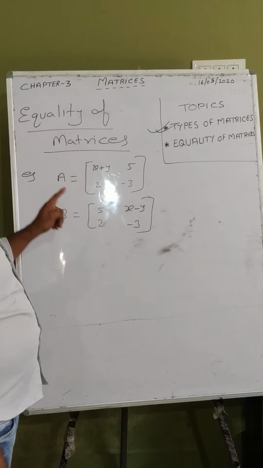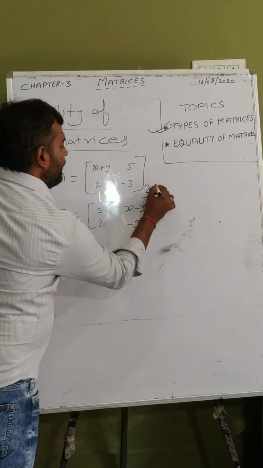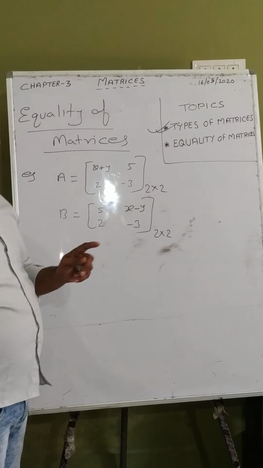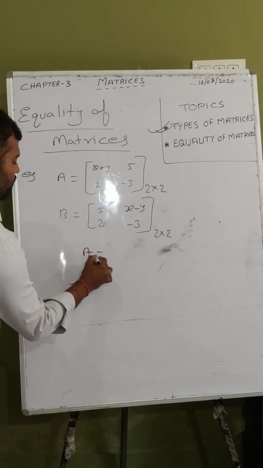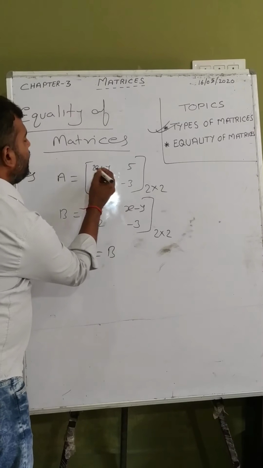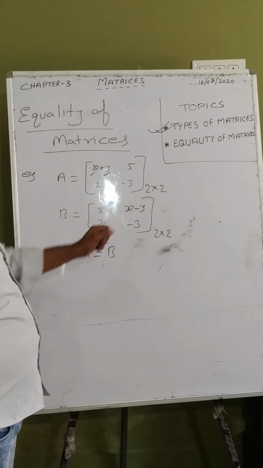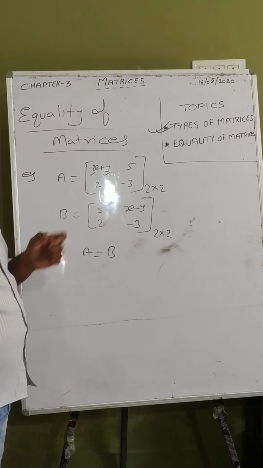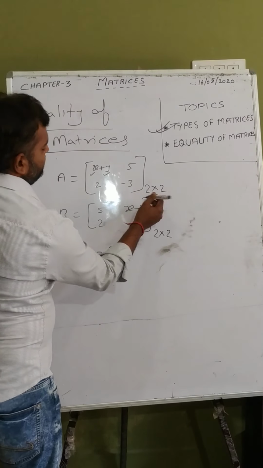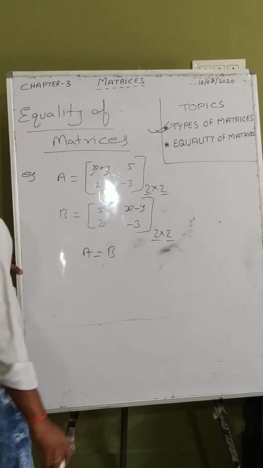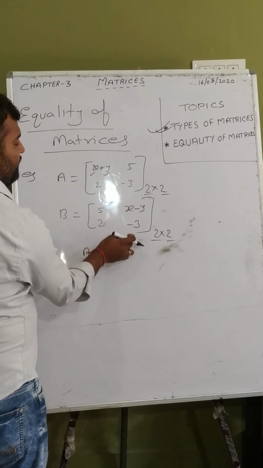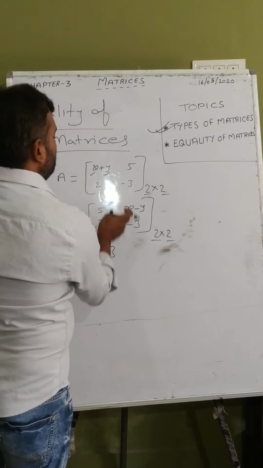It is given that A is a matrix of order 2 by 2, B is a matrix of order 2 by 2, and it is given that these two matrices are equal, A equals B. Then find the value of the unknown quantities, x and y. What was the definition? If two matrices are equal, then their order must be same. It is clearly visible that their orders are same. Then their corresponding elements will also be same. Now compare the corresponding